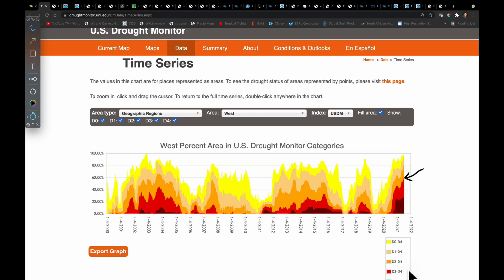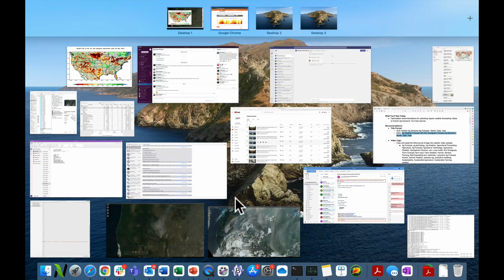So we're talking about severe to extreme, and then we also have a significant portion here that is in exceptional drought, which is the highest category. Now the drought monitor began in 2000, so over that 22-year or 21-year time period, again, that's the greatest extent that we've seen so far through this part of the year. Now, this is a great tool for you to go check out and play around with individual states and individual regions. But just taking a look at it here, I wanted to also show you some of the